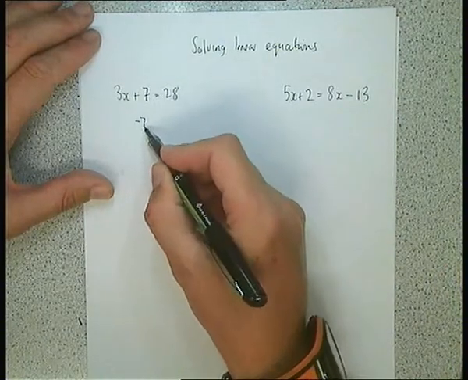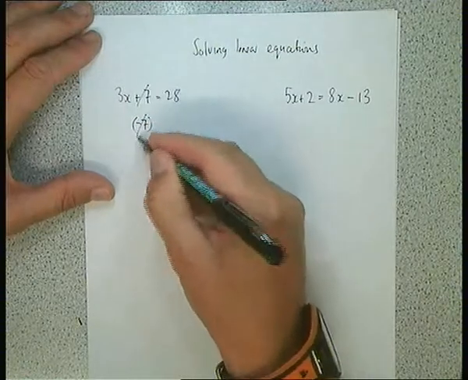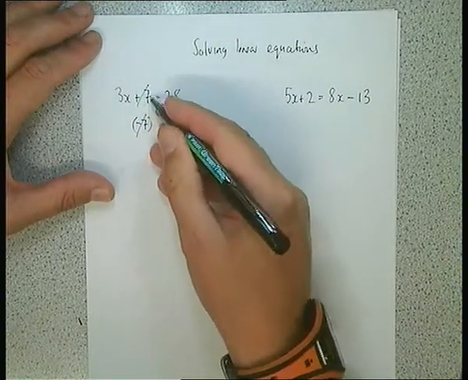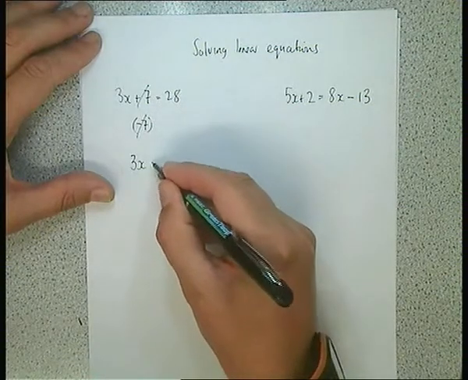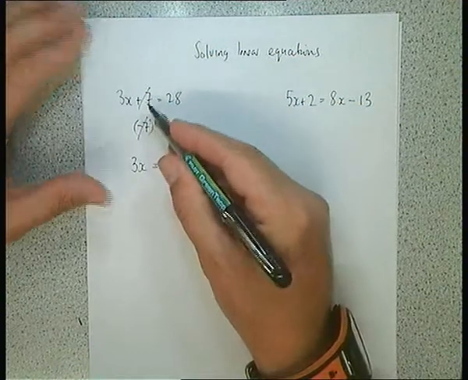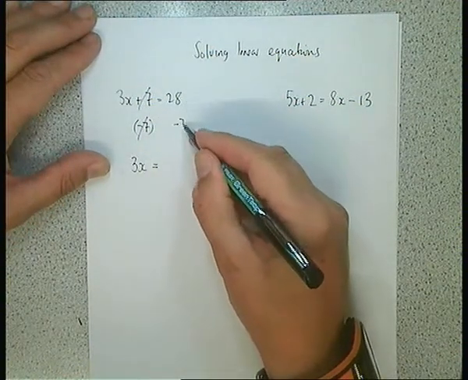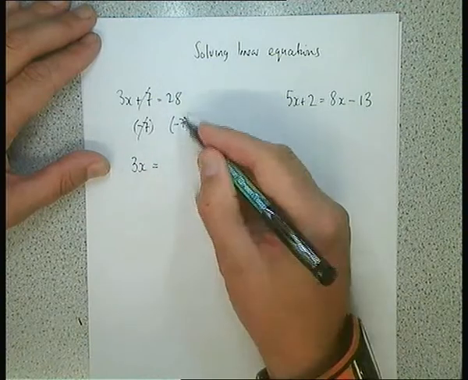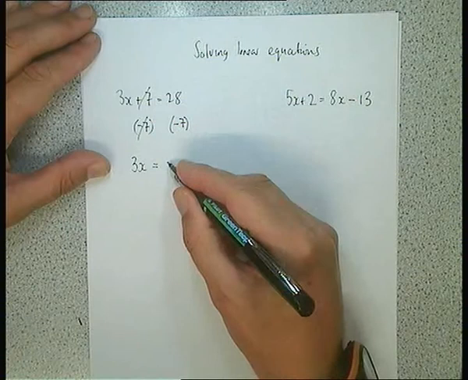So here I've got a plus 7, I need to take away 7 because I'm just interested in my x. If I do that, those two cancel. Remember they're opposite. If I'm adding 7, taking away 7 gives me the same, which will leave me with 3x. Now the equal sign means that this side is equal to this side, and so therefore if I do take away 7 on there, to make it balanced I have to take away 7 there,